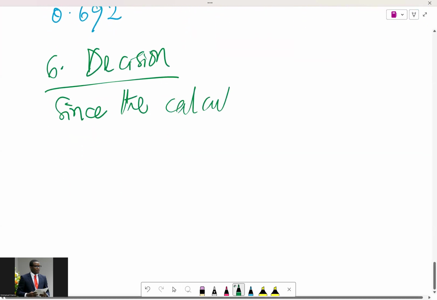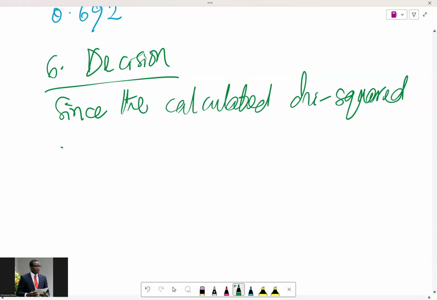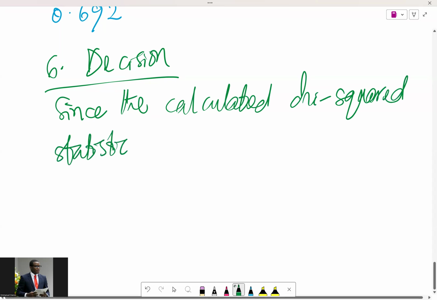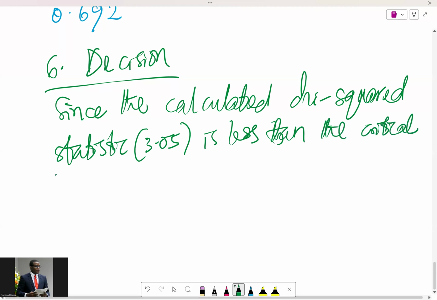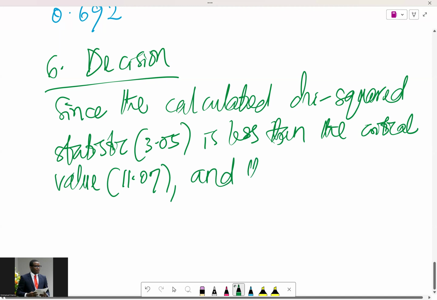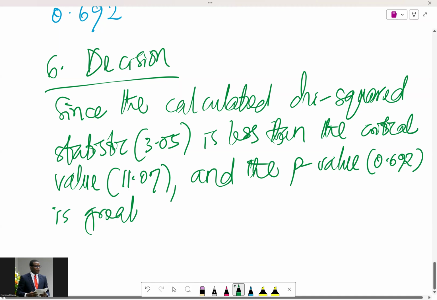Since the calculated chi-squared statistic, which is 3.05, is less than the critical value, which is 11.07, and the p-value of 0.692 is greater than alpha, which is 0.05,